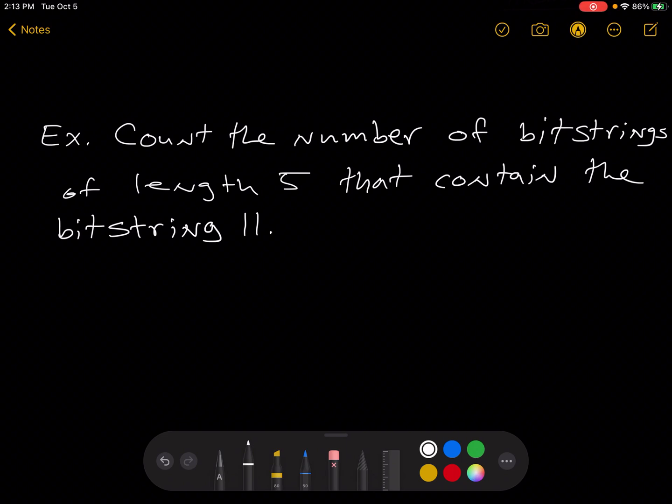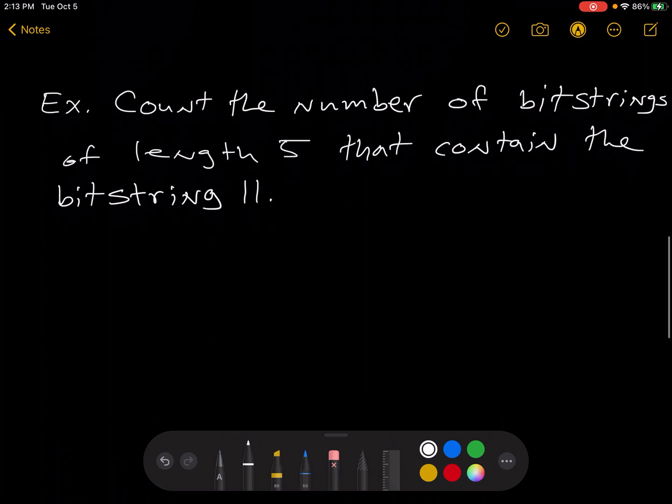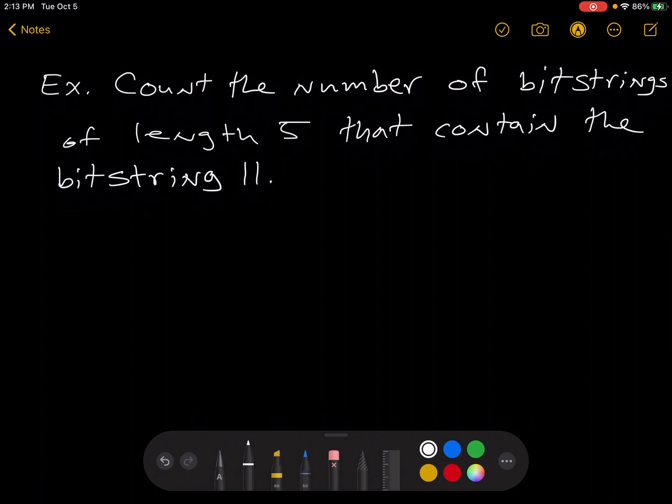In this one, we want to count the number of bit strings of length 5 that contain the bit string 1, 1. All right, so one way to go about this is to first think, okay, let's write out our 5 positions here. So 1, 2, 3, 4, 5. Now the 1, 1 could go there,